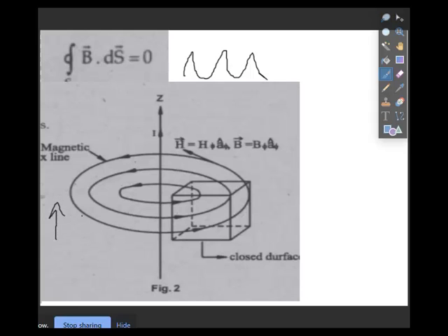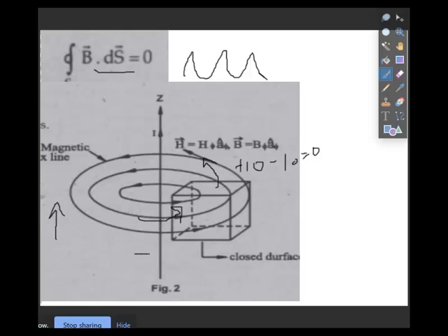Suppose the flux lines increased, and the total number of flux lines is now 10 instead of 3. Now we have 10 flux lines entering, then we will have 10 flux lines leaving. So +10 and -10 will cancel out, and the result will be 0. So this expression will be valid if current increases. Then if current decreases to some value, and the number of flux lines is now 1, only one flux line crosses the box, one will enter, one will exit, so +1 and -1 will be equal to 0.